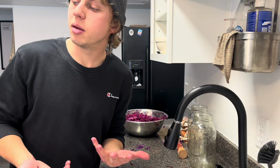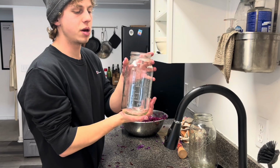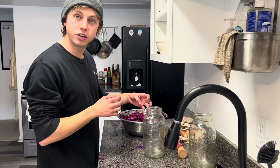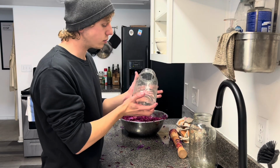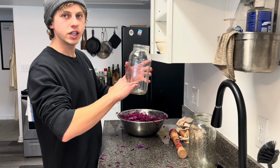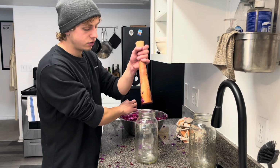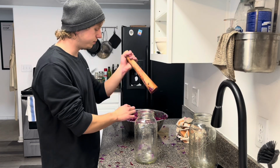Obviously you can't really buy half a cabbage, but if you just bought 1 cabbage, you would make maybe this, which is 2 quart jars. But what I'm gonna do here is just start shoving it all in. And at the beginning, the liquid isn't going to be covering the vegetables, but as you go further, just keep packing it down as you go. And that's where this is really helpful, to reach all the way to the bottom of the jar